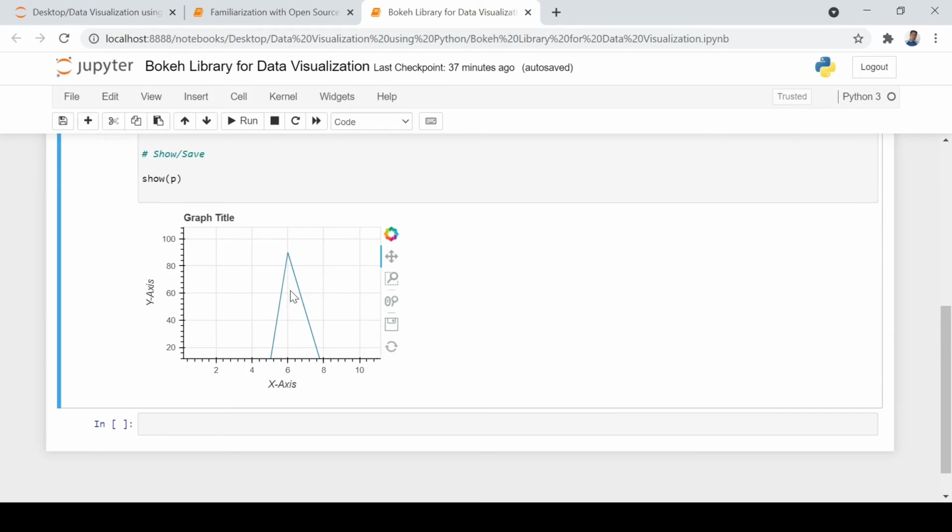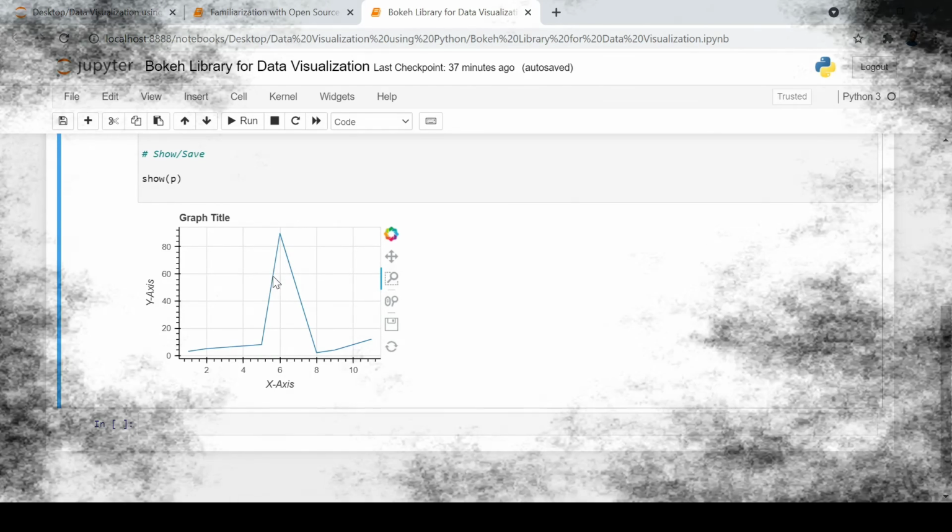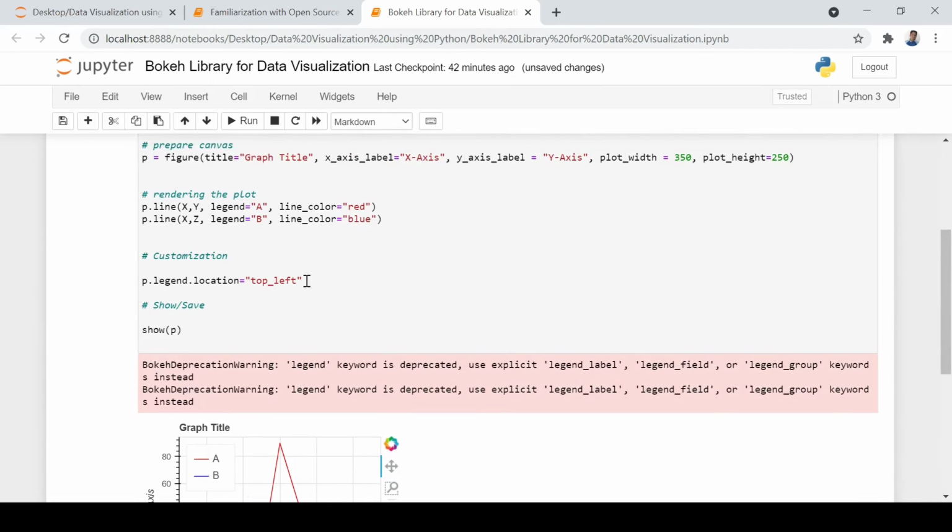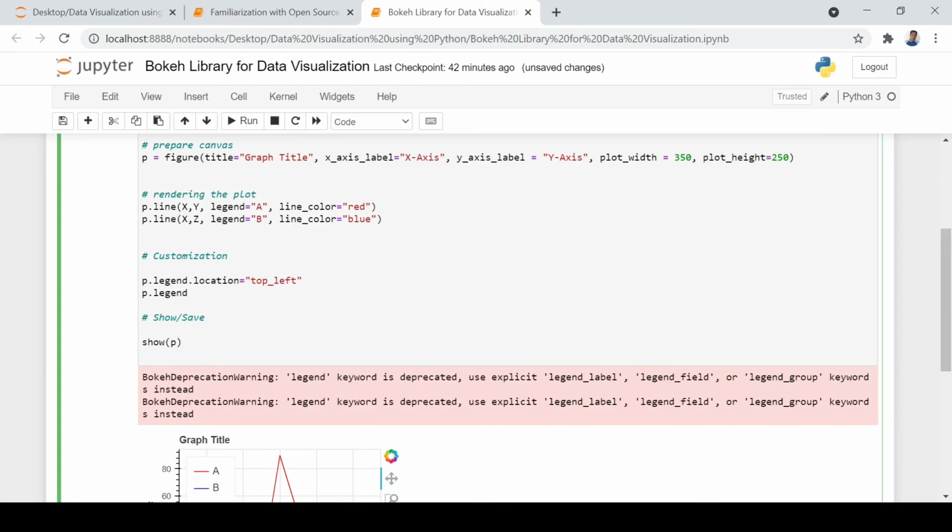One beauty is that you can play with it. You can zoom it, you can double click here, you can use the lens from here to zoom at a particular point. You can reset it, you can save it. You can again right click and save as, and you can save the output file itself. For that you can call p.legend again, then label text color, and let's say you want to have it green. Okay, now see how it is. See, the label color is changed. So there are lots of other customizations that can be done with this.